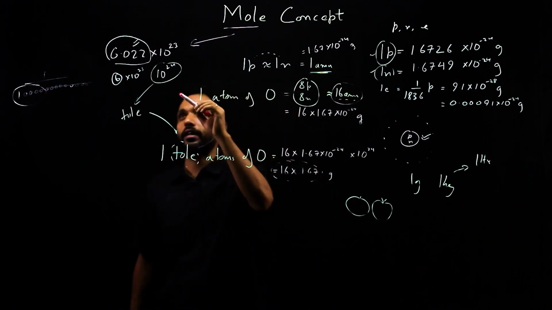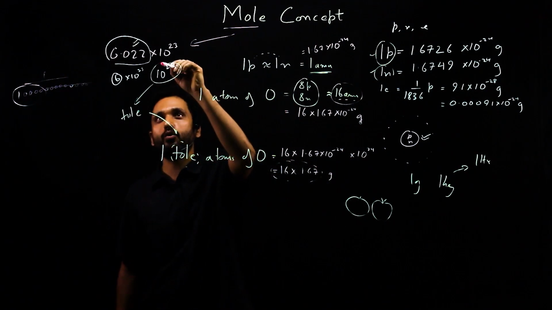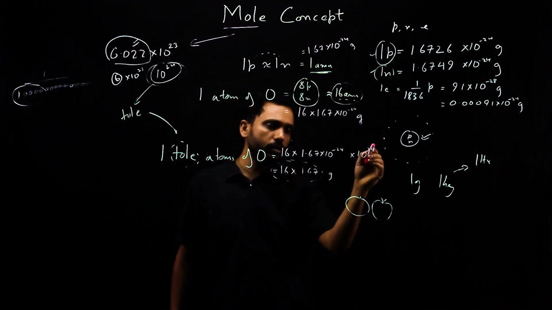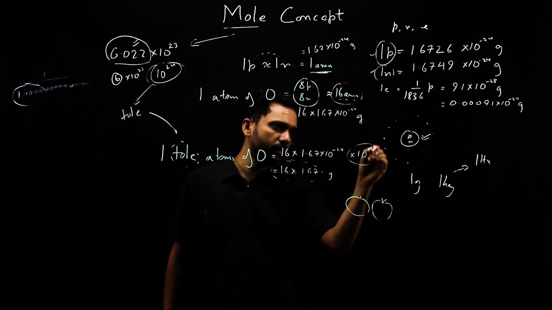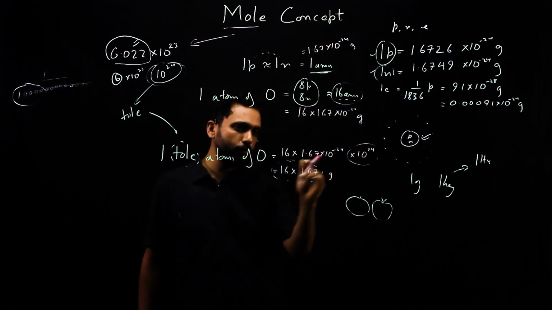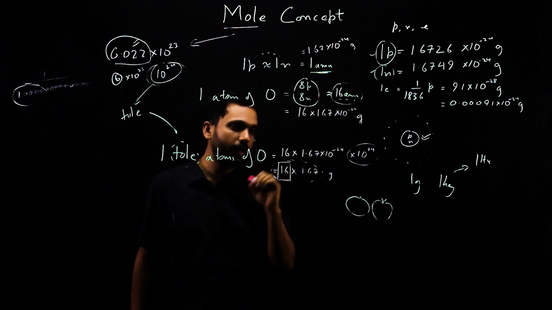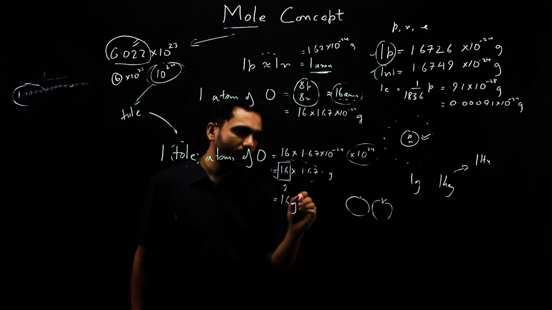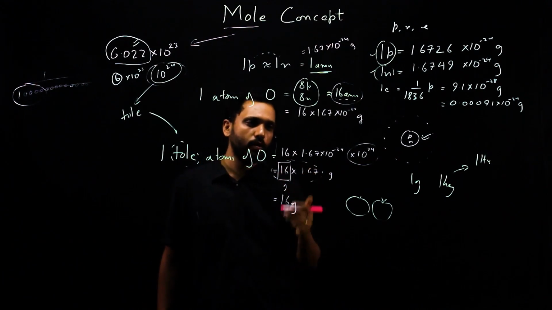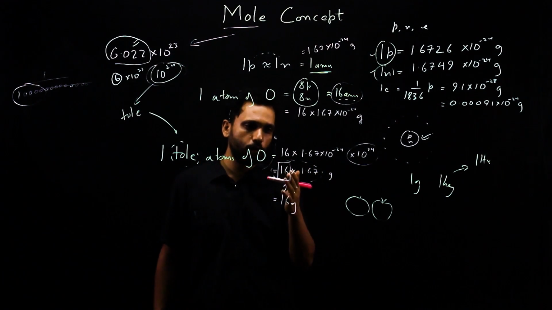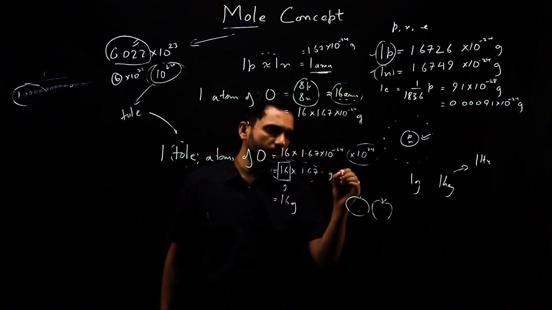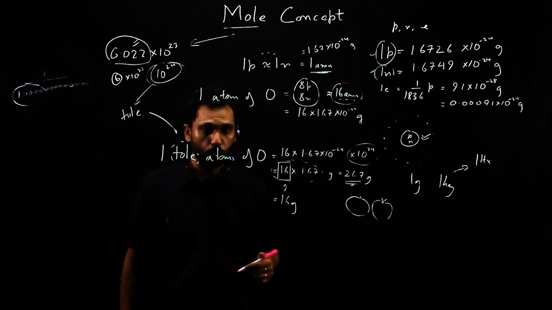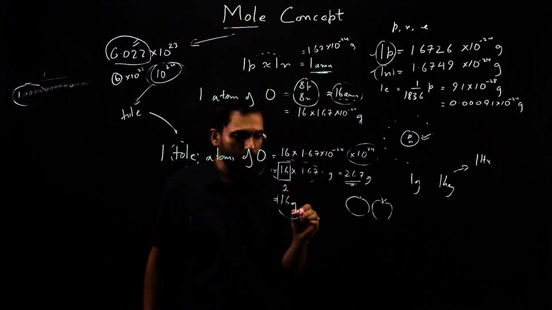Since the collection is our choosing, we can choose how many to collect. Shall we not use another number instead of this, such that so much of a collection gives you the answer as 16 again, 16 grams? You want 16 grams as the answer and not some other value, which 1.67 into 16 would give, which would be roughly 26.7 grams. Quite impossible to memorize. I wish it was 16 grams.